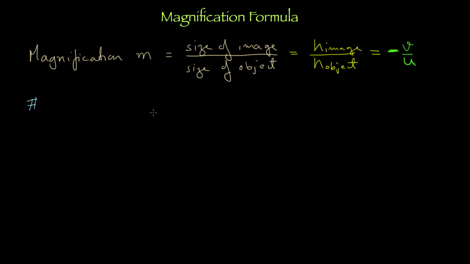Same way, when they say magnification, it was double the size or half the size or magnification was 2, they will not say plus 2 or minus 2. Nobody says in the question that the magnification is minus 2. I mean, they may say so, but most probably they will not. Is that clear? Yes. Okay, write down a question.